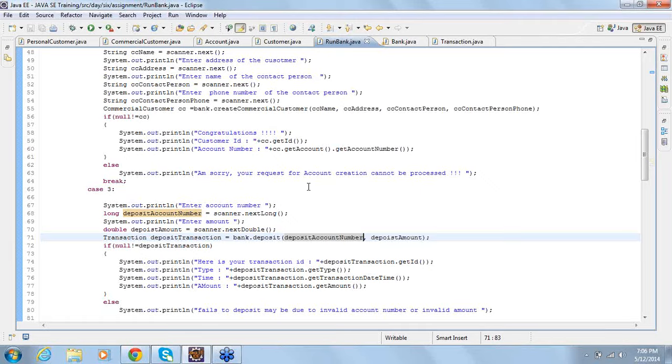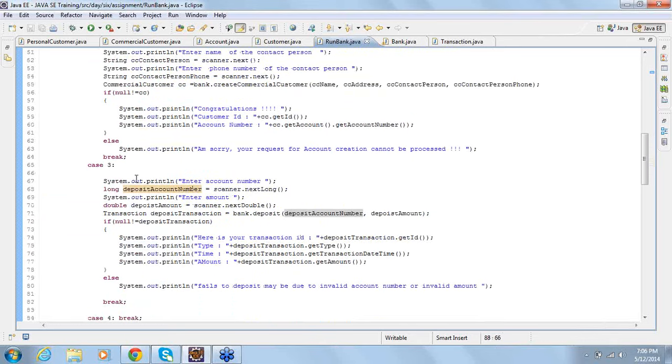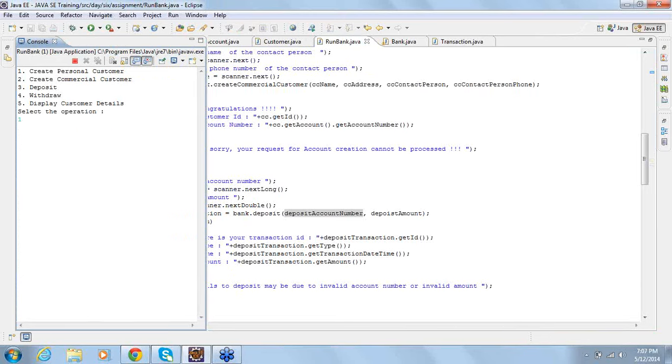Actually here in case 3, you should have two options. The way you have in case 5, whether you want to do using customer ID or account number. In the case 3 also you should do that. But for time being I am doing only deposit using an account number.